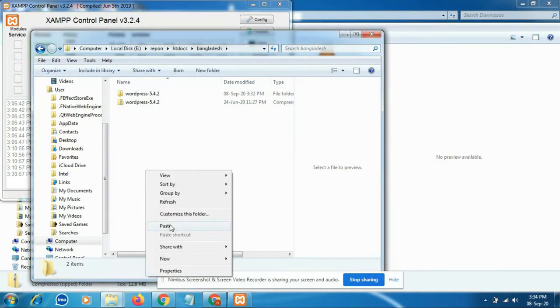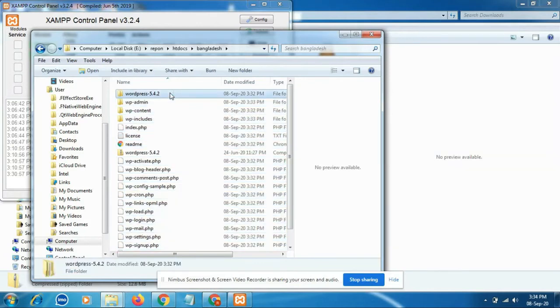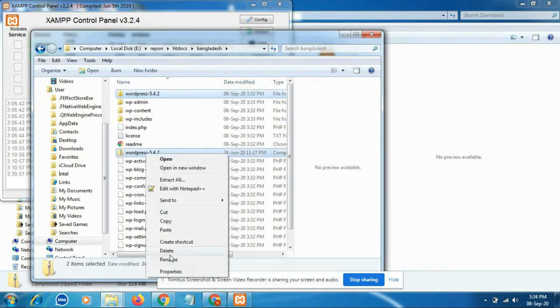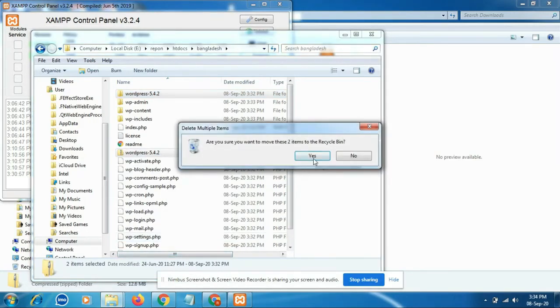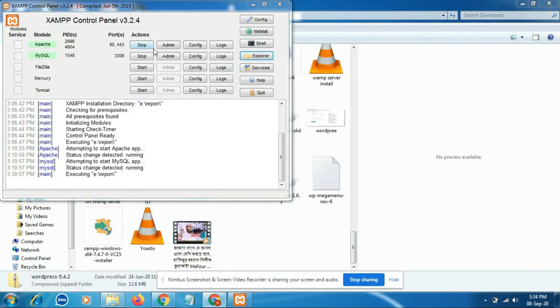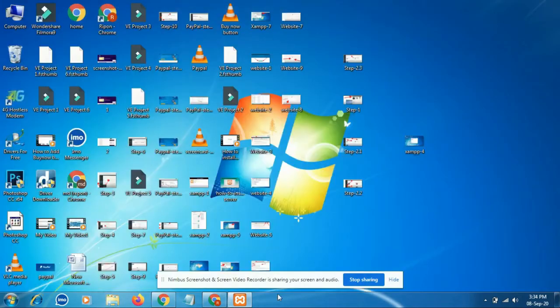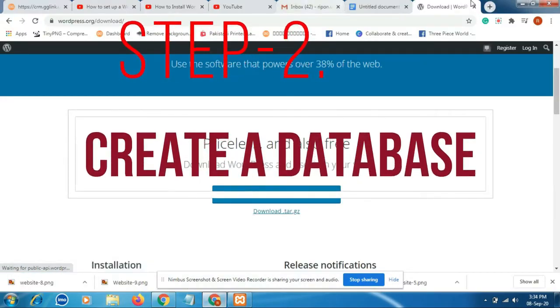Now paste all the files here and delete the zip file. Our server is running Apache and MySQL.